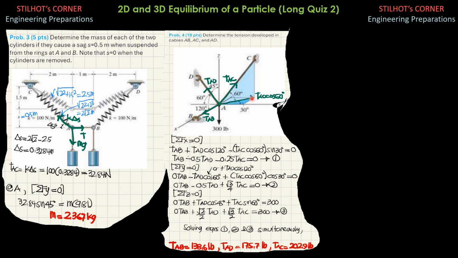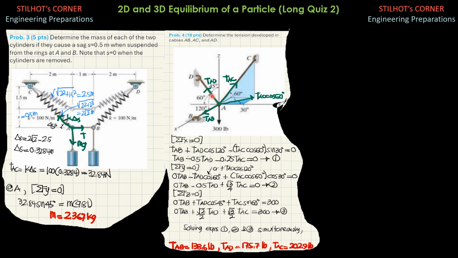So this component of tension of AC is tension AC times cosine of 60 degrees. Then we have here a right triangle for the components of TAC along y and along x. Of course, along x it's negative. It's directed opposite to the positive x-axis. While tension AD makes an angle of 120 degrees with the x-axis, so this is theta x. With the z-axis, it is 45 degrees, so that's theta z, the direction angle of that vector.